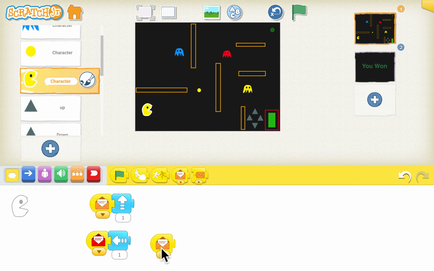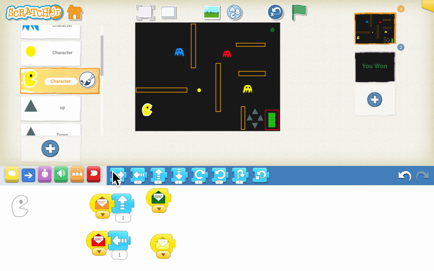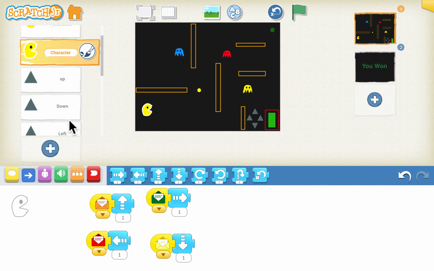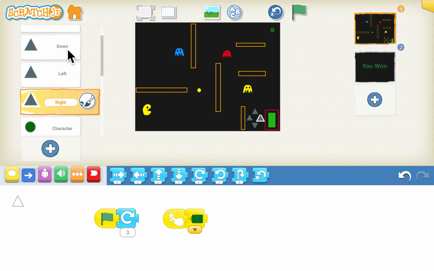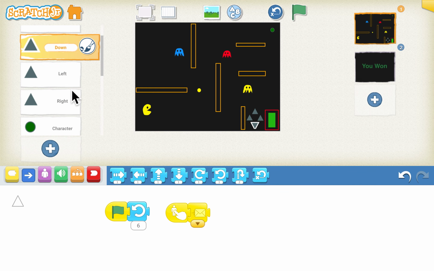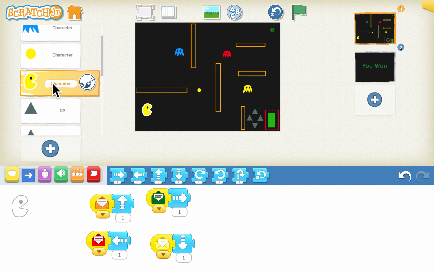Similarly, we will choose 2 more message blocks. One was green and one was yellow. Yellow was for down, and green was for right. We can double check also. You can see green one is for right and yellow one is for down. So the character will behave accordingly.